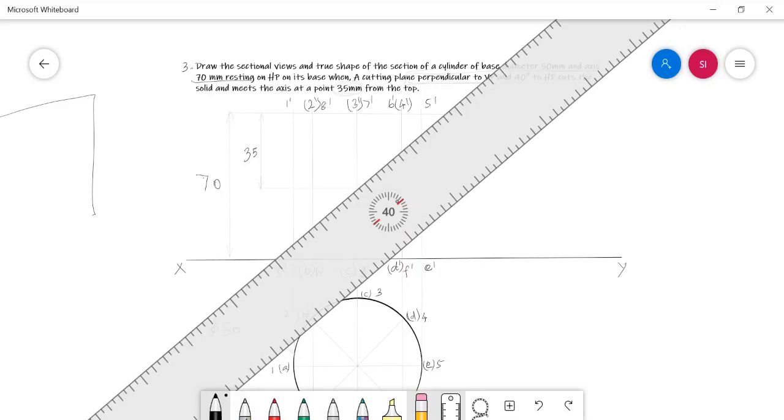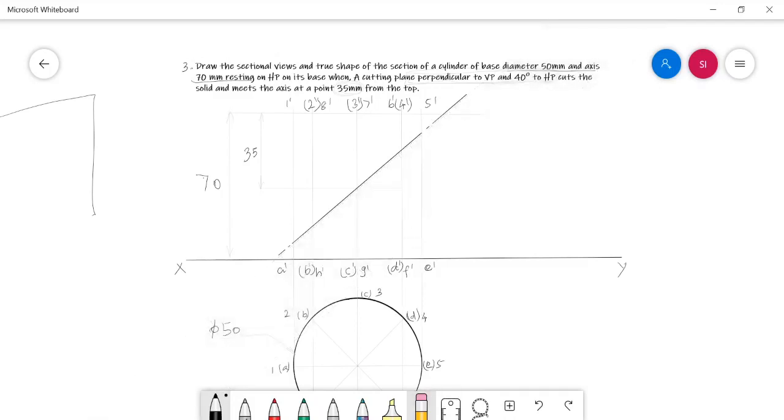With the proper line format, we have to draw the cutting plane. It's inclined at 40 degree to HP. In this way, the cutting plane cuts the solid, and then we have to mark the cut points in the